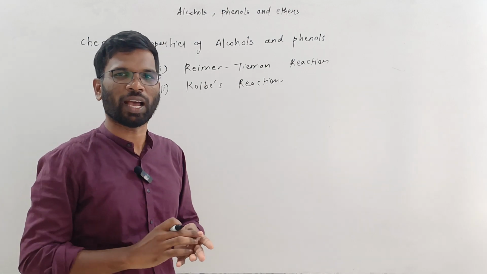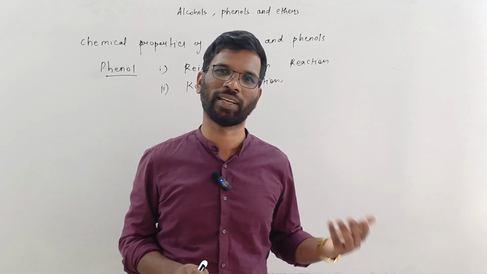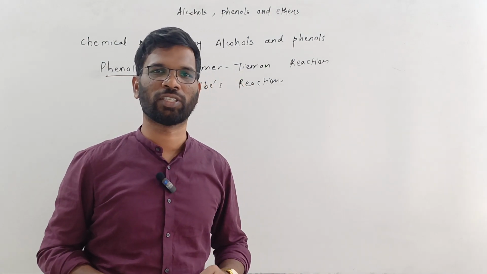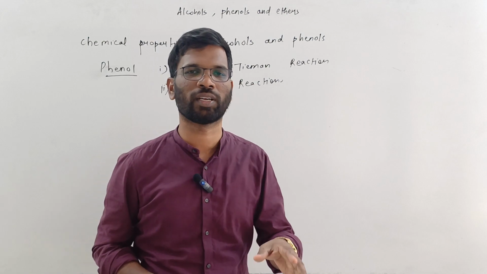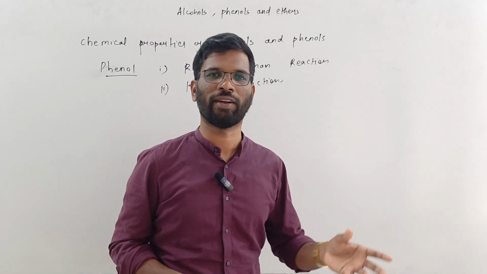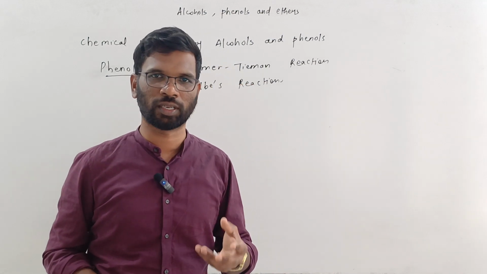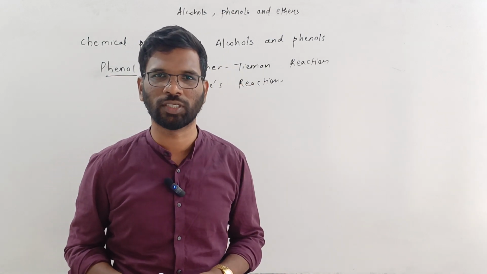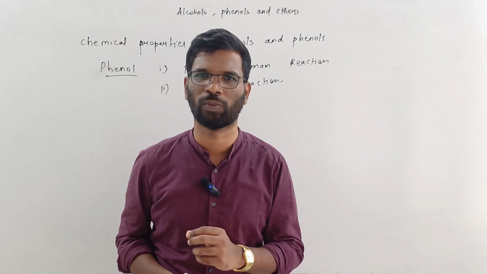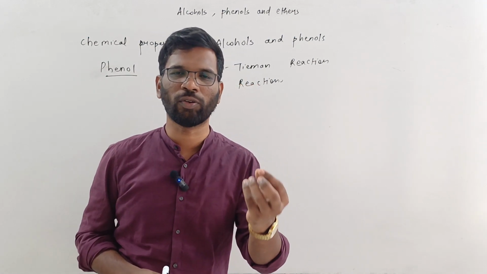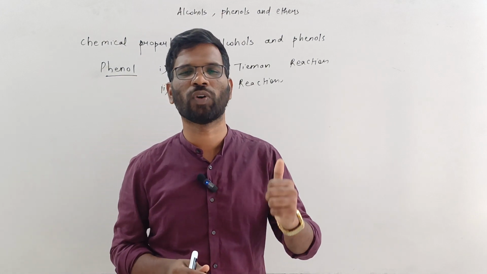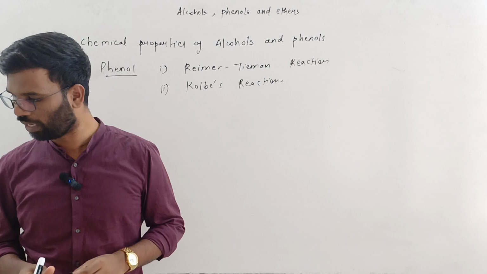This question could be asked in any manner. They can directly tell you to write a chemical reaction, the Reimer-Tiemann reaction, or they may give you a certain product. Identify the reactant or reactants and reagents. What would be the product? This kind of questions could be asked in Goa boards. Sometimes they tell you to write the name of the reaction which is given below, so you should be able to identify. This is one of the very important name reactions.